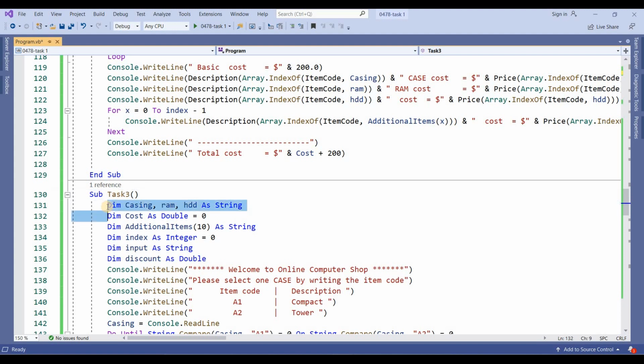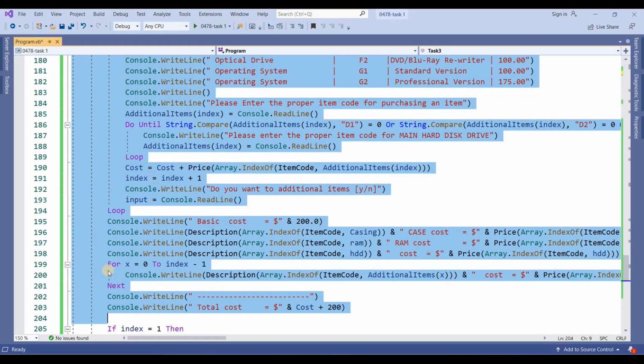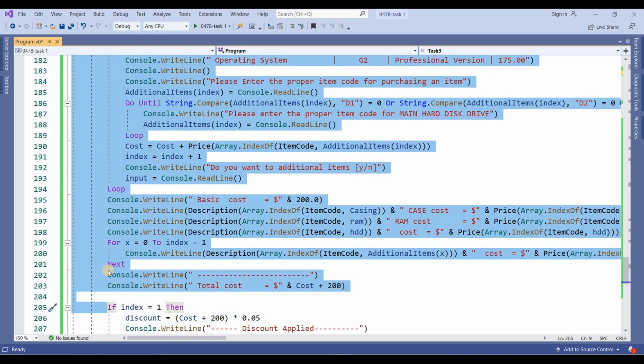From this to this is the same, but here I have added one additional line, discount as double. Next, line number 137 to 203 belongs to task number 2.